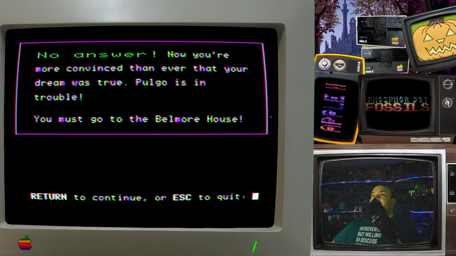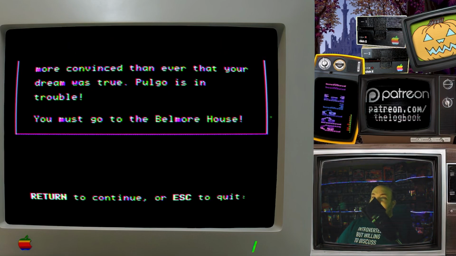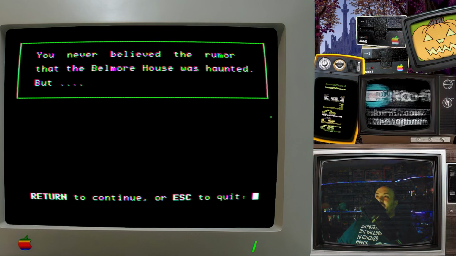No answer. Now you're more convinced than ever that your dream was true. Polgo was in trouble. You must go to the Belmore house. You never believed the rumor that the Belmore house was haunted, but